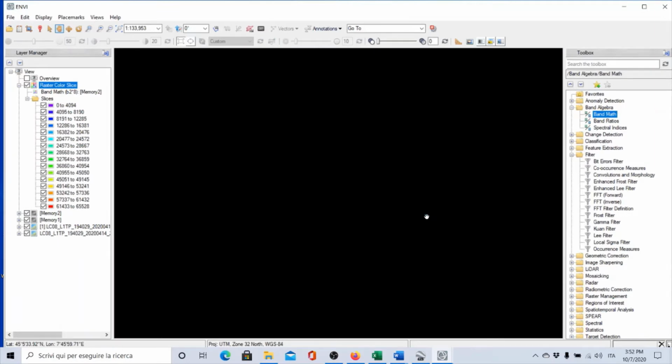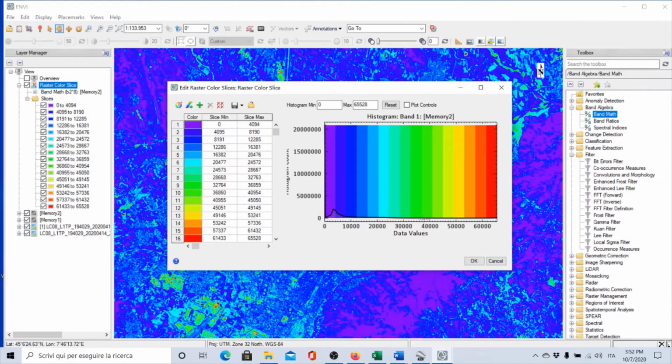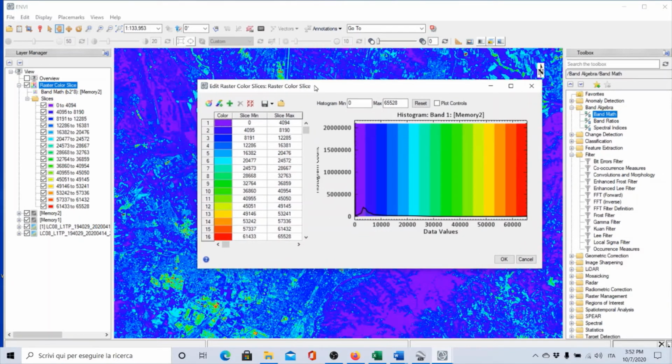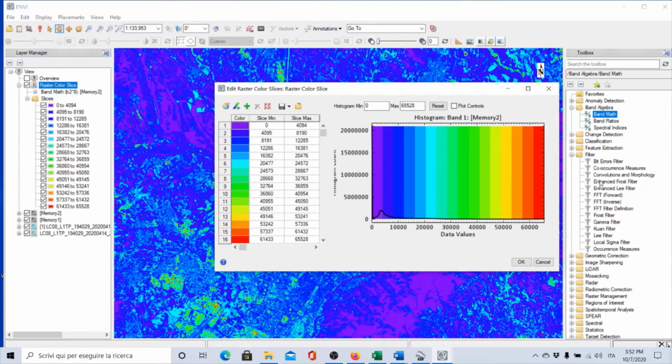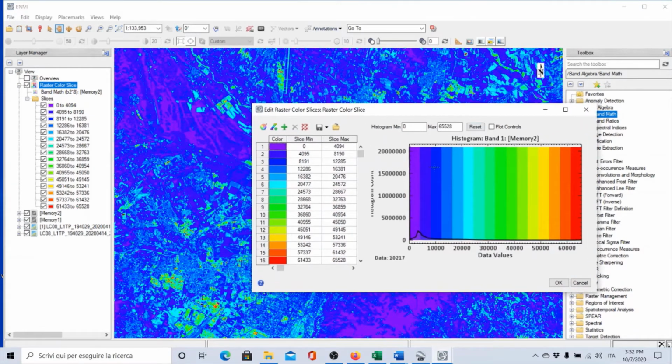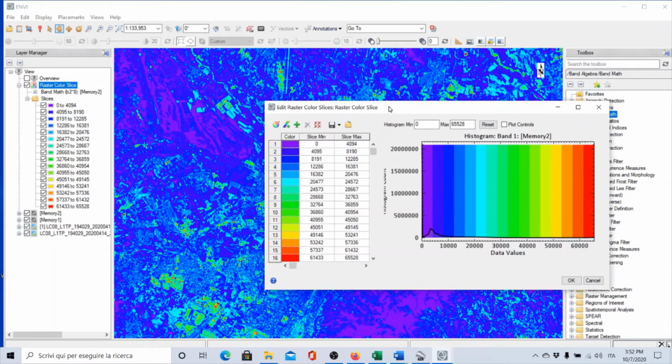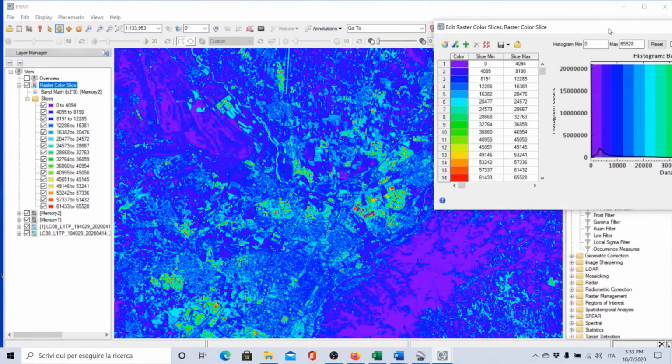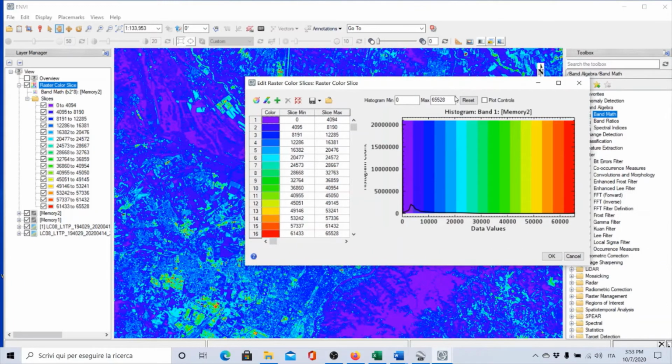And if I'm clicking OK, you see here, I'm creating a pseudo color image in which I'm associating to every single range of digital number, for example here from 0 to 65,000, a particular color. You remember? So this is very easy to understand. So in this case, for example, you see, I have this example. All right. So in this density slicing, for example, I'm particularly interested in